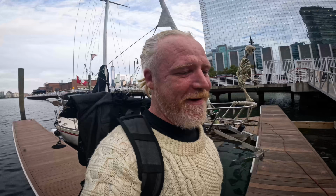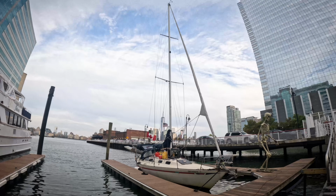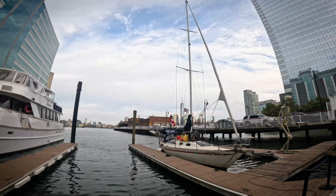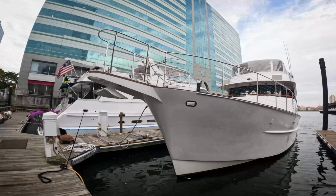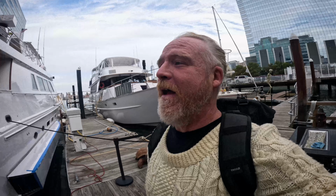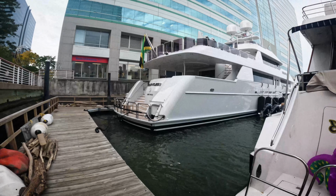All right, we are downtown New Jersey here. All right, let's go over to she's such a beautiful boat. Look at her. I know she looks rough. Look at her going. Beautiful sailboat. All right, so let's have a look at some of these boats that are here. And in a minute here, I'm going to tell you how much it cost for a super yacht like this one. How much do you think it cost for that vessel